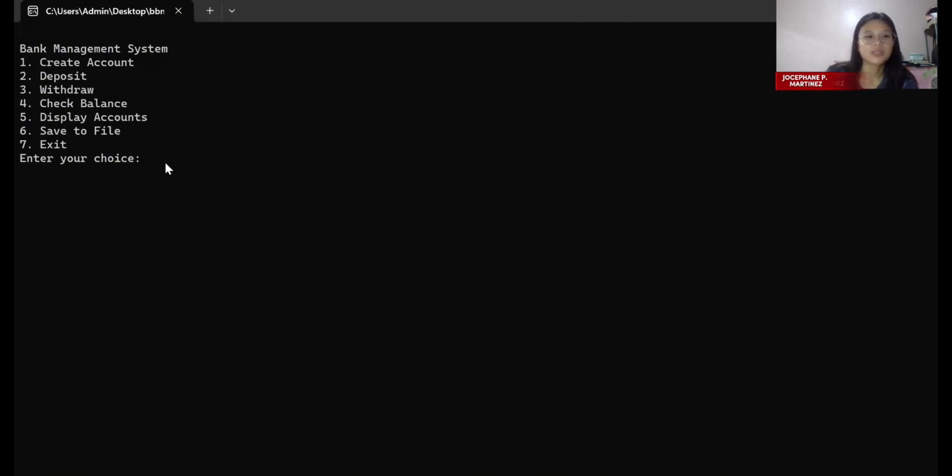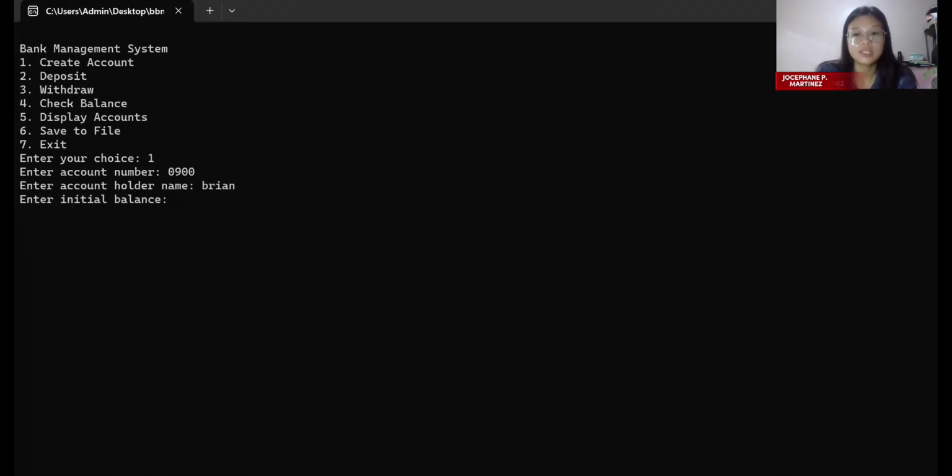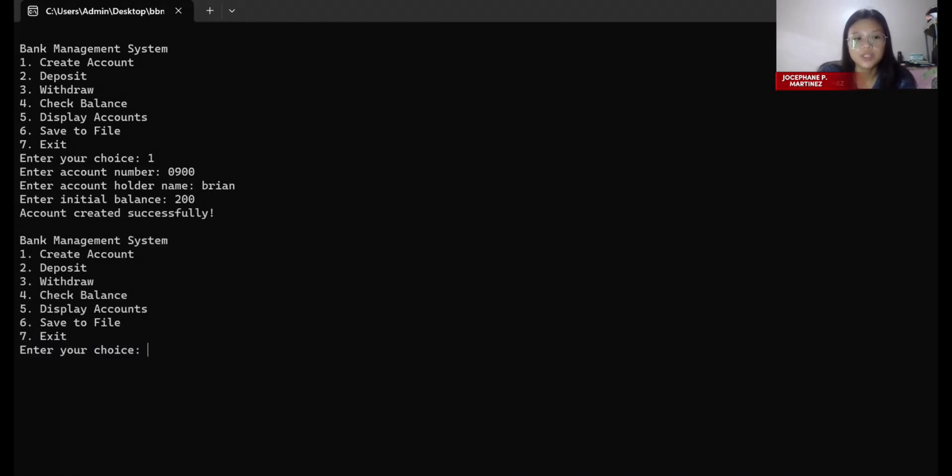So for example, we are going to create our account. We will enter our choice of 1 based on the menu. Then we will put our account number, 0900, and the account holder name. For this, it will be needed to enter an initial balance that we are going to deposit, for example, 200 pesos. And then after we put the information that the code needed, it will display account created